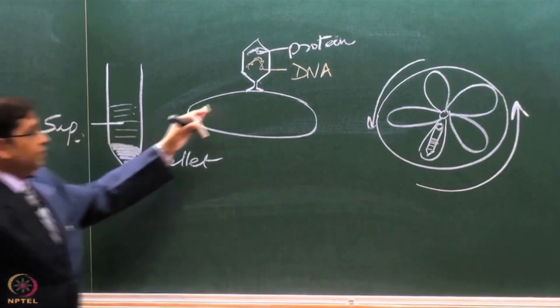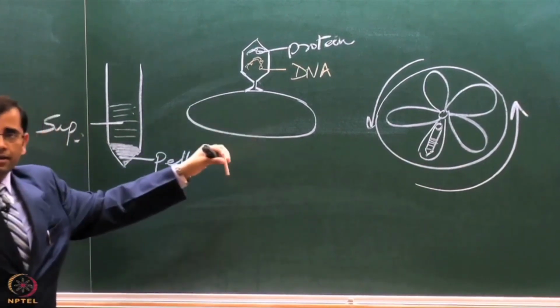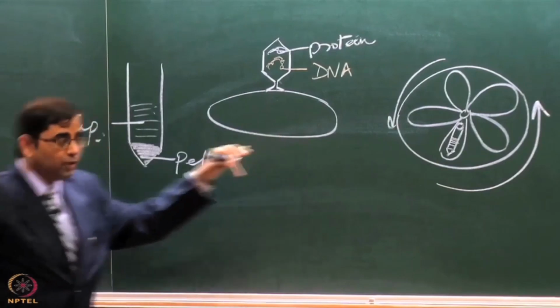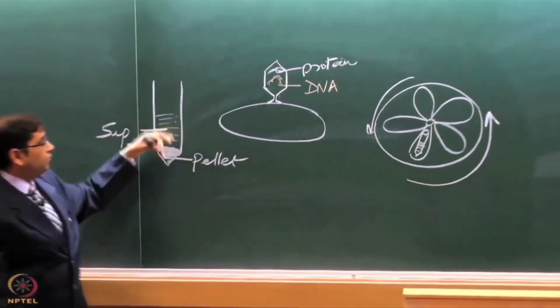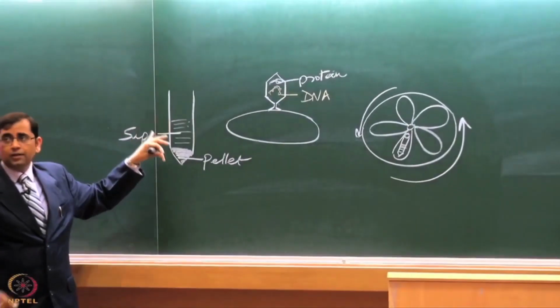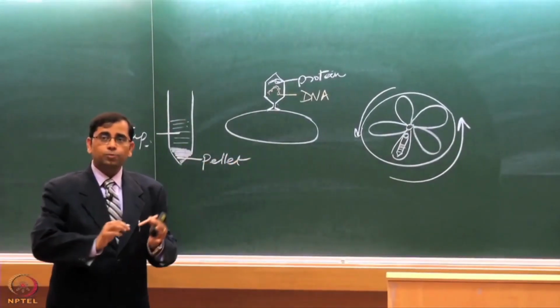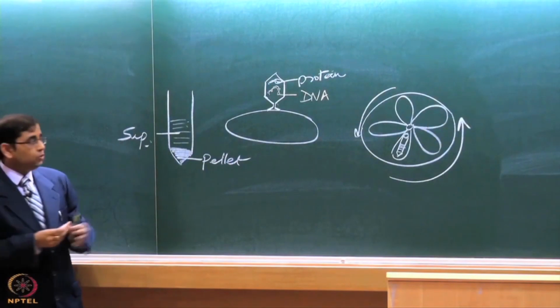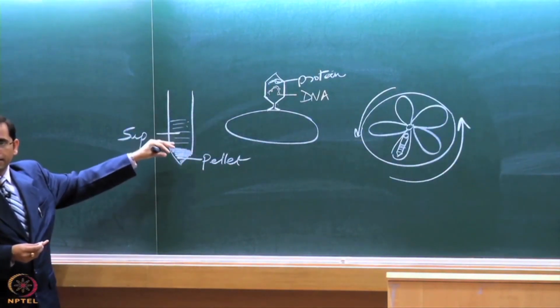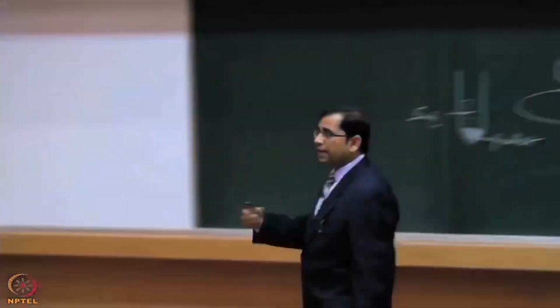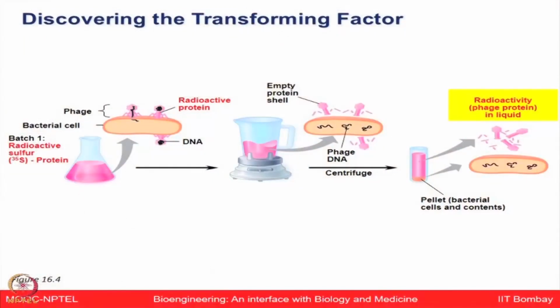So whatever is going inside the bacteria, along with the bacterial membrane and debris, will become part of the pellet, and anything which remains outside will become part of the supernatant. That was his assumption, and he had labeled both protein and DNA. So he was trying to see from radioactivity what is going inside the pellet and what is in the supernatant part. When he did this labeling experiment, he found that in the pellet he could see radioactivity